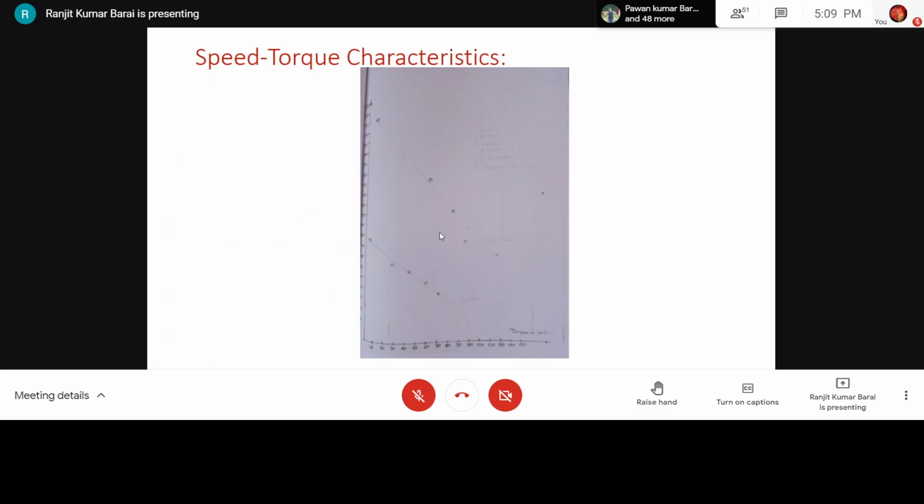Okay. So by a very simple method, just by varying the load torque and by measurement of the armature speed, we are able to get the speed torque characteristics. We are estimating the armature torque indirectly, not directly, from the calibration data.